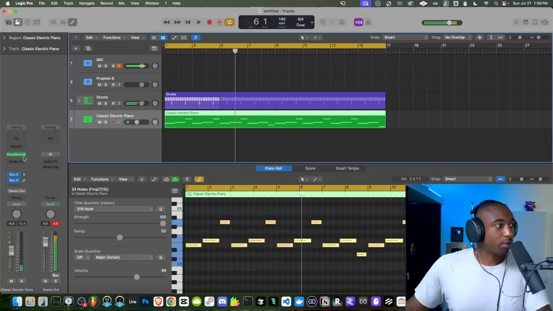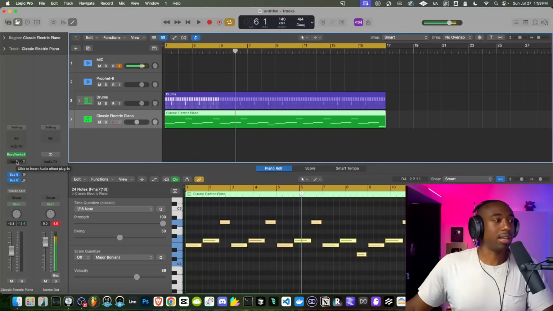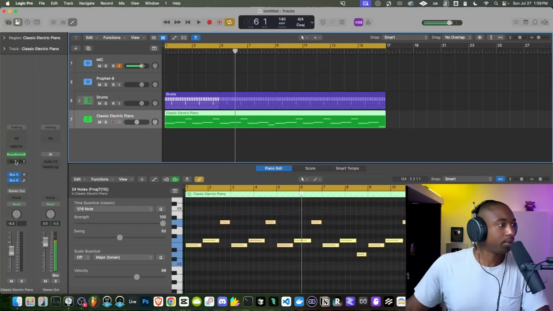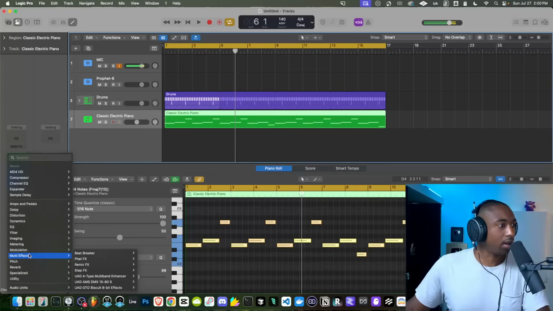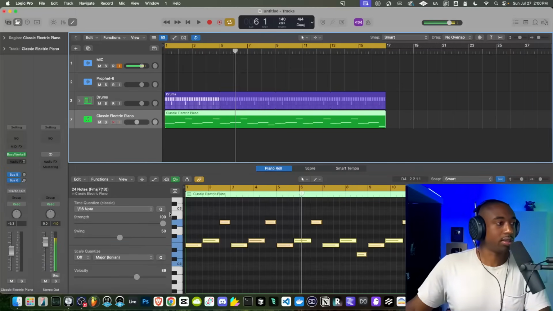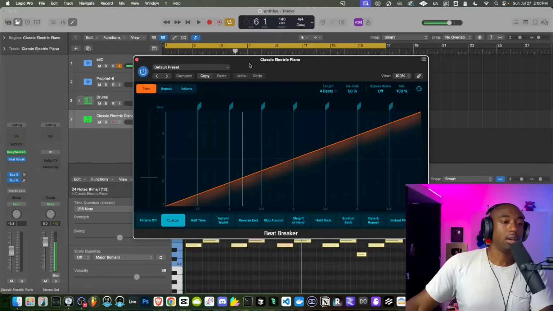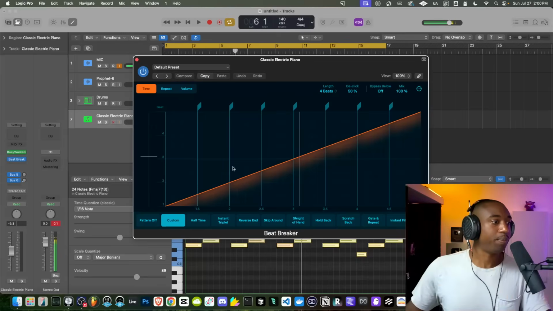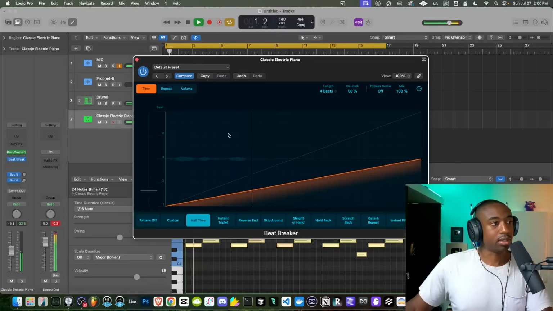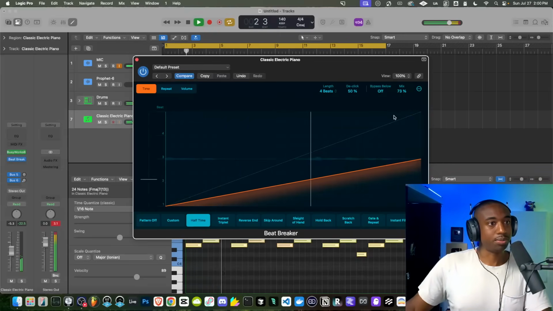And let's add one of my favorite plugins here under the inspector tab. Again, it makes mixing so fast. You're mixing as you're making the beat. So let's click over here where it says audio effects. Let's go to where it says multi effects. Go to beat breaker. This is a really, really dope plugin, analogous to like a gross beat in a way, but I just love the sound of it. So let's go to half speed and then pull the mix level.